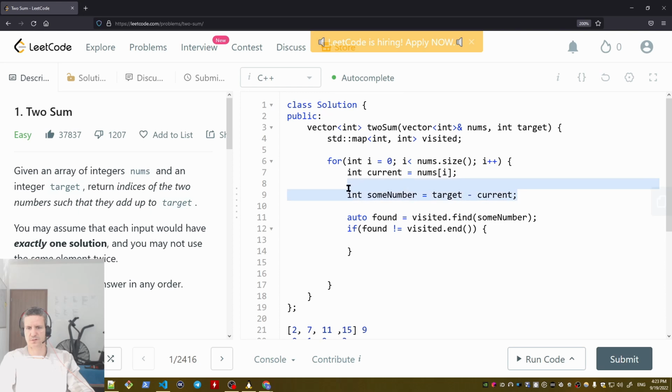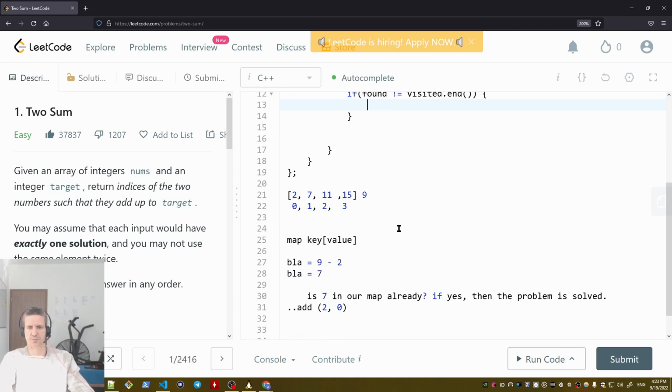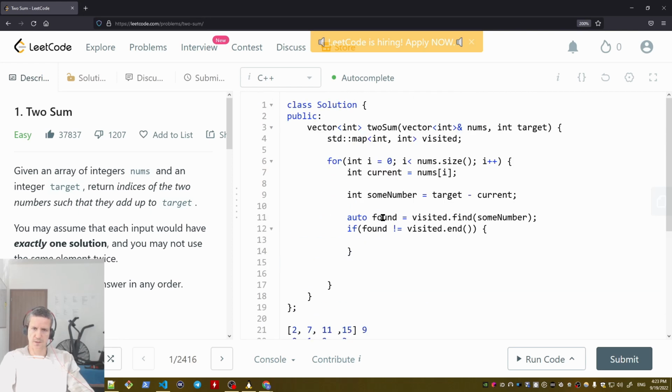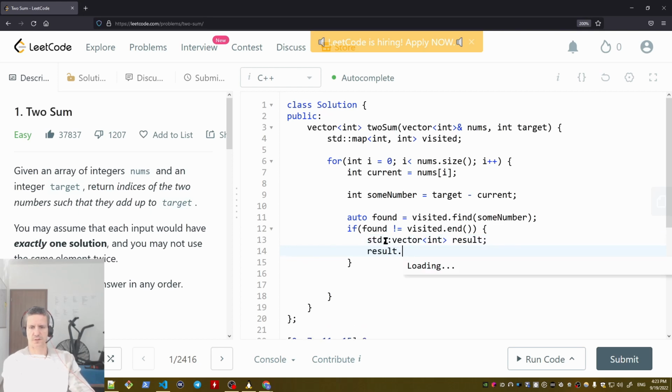If we have found this number, then we have the current number and its position, and then we have this number and this position. We have its position because we added it previously in the map, right? So if we find it, then okay, let's create a vector of integers, and let's call it result, and then we say result dot push back the current index is I, and the previous number's index found that